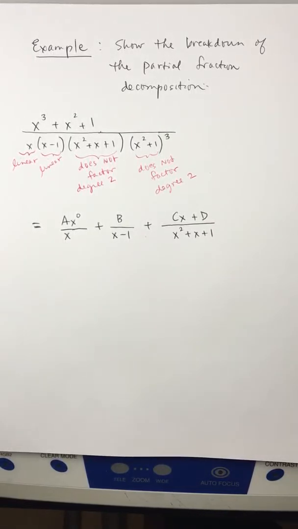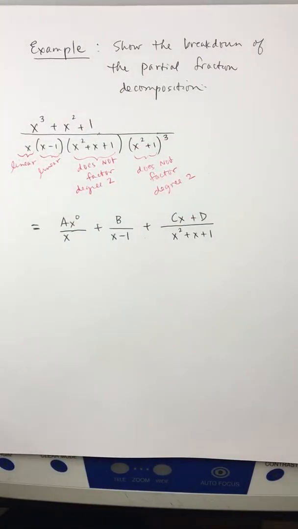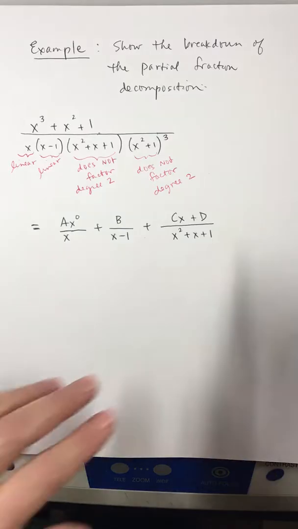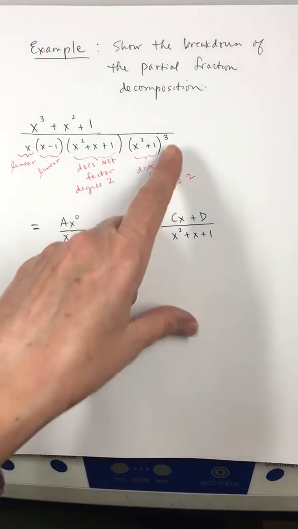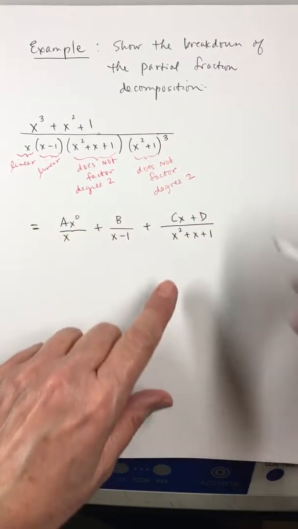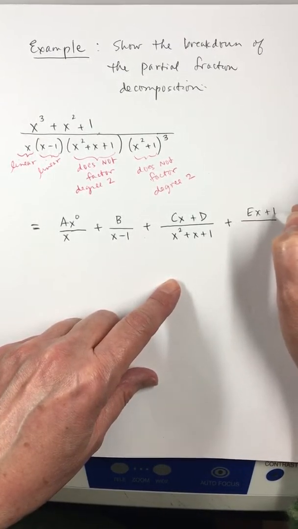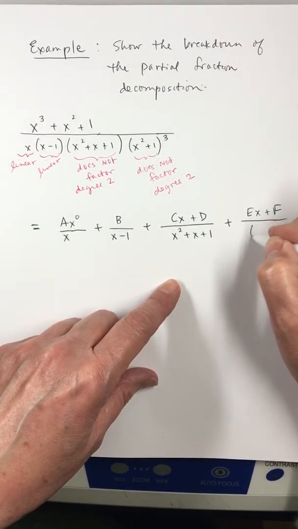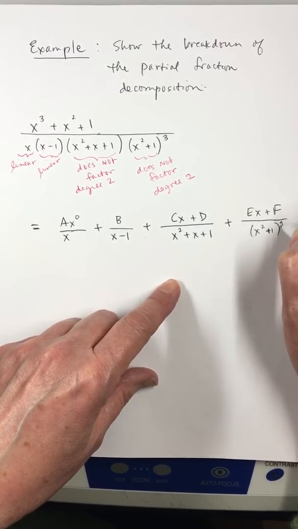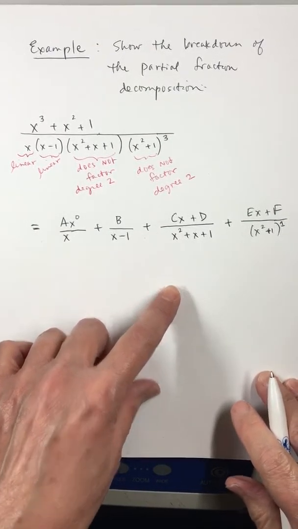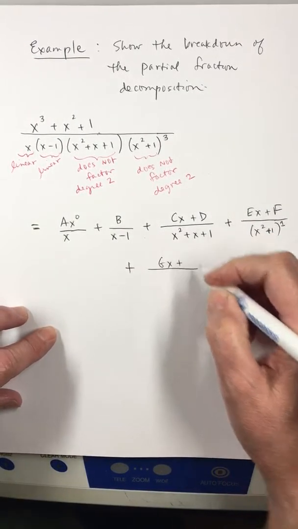And then the last one, this x squared plus 1 is squared, degree is 2. So I'm going to do the same thing I did on this one, but I'm going to have to account for this exponent of 3. The way we do that, the next one, Ex plus F over x squared plus 1 to the first power. I'm going to put a 1 for emphasis right there. And then plus Gx plus H